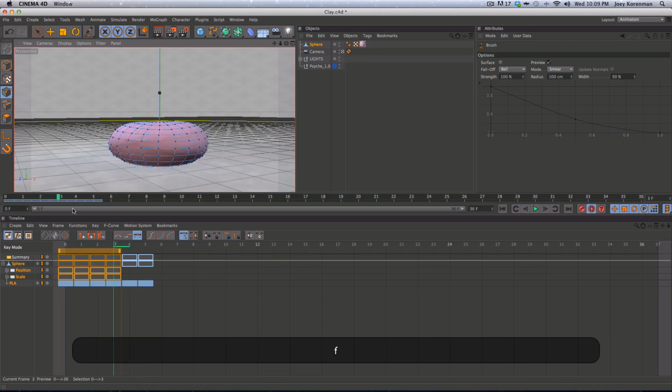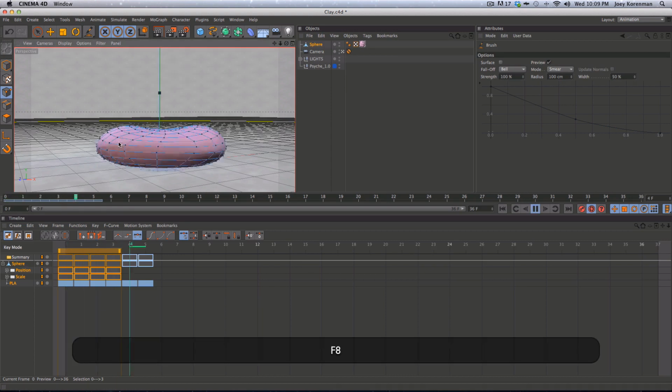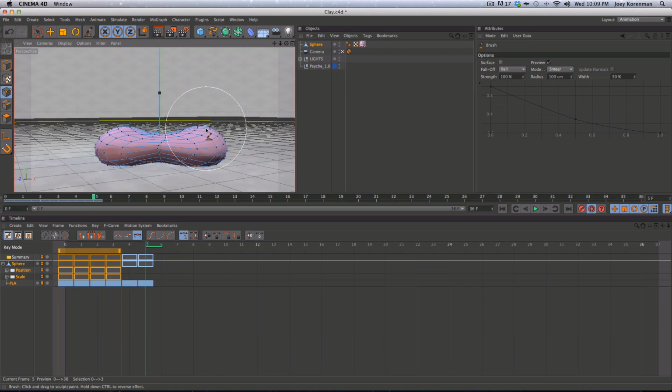All right. So if I do a quick little preview of this. All right. It's feeling pretty good. Splat. Splat. All right. Now, feels like it probably needs to come out a little bit further there. And you want to start elongating these too, because the mass of this clay is sort of splitting